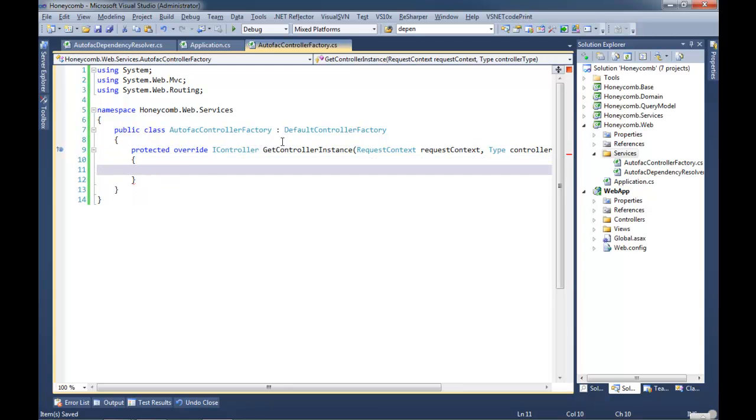I just realized that's not going to work. In order to work, we have to use the service locator, which is our dependency resolver. And this is not our dependency resolver. This is the singleton provided by ASP.NET MVC. But we're going to be overriding what Current returns to our Autofac dependency resolver. So we basically do Current dot